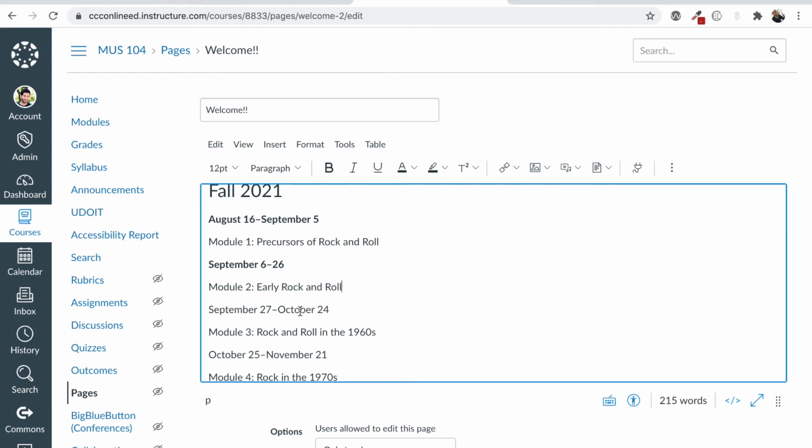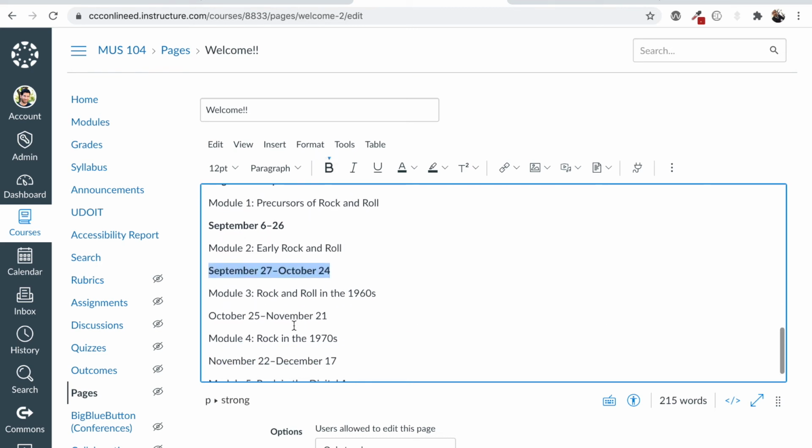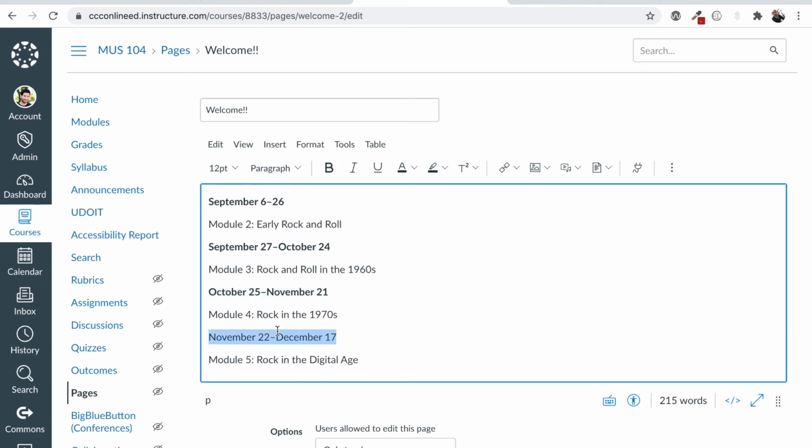If it's not a linked text, if it's not a hyperlink, I should say, then you don't want it to be underlined.